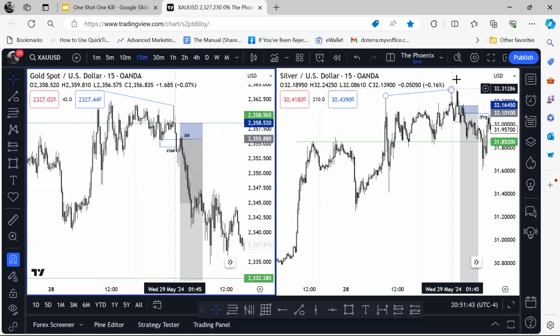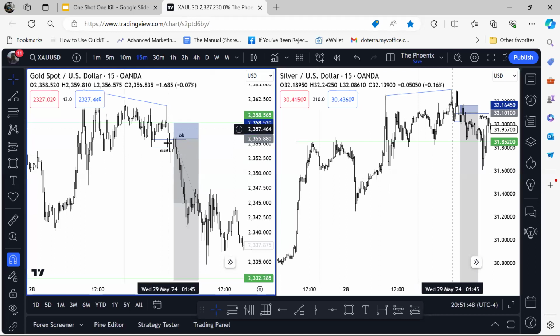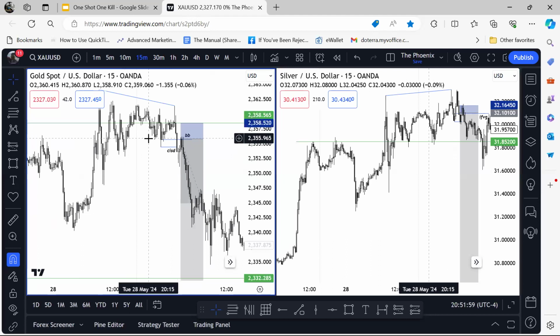So we see the clear divergence in terms of what price action did. We had a change in the state of delivery here. We had this low, this high, and then price went below this low. So that was a change in the state of delivery. But how do you know which pair to take the trade on? Which asset do you take the trade on? You take the trade on the asset that failed to make the higher high or failed to make the lower low. That is the instrument you'll take the trade on.